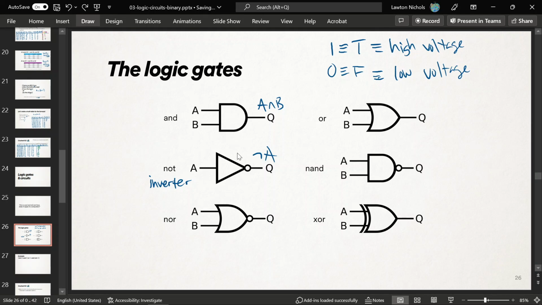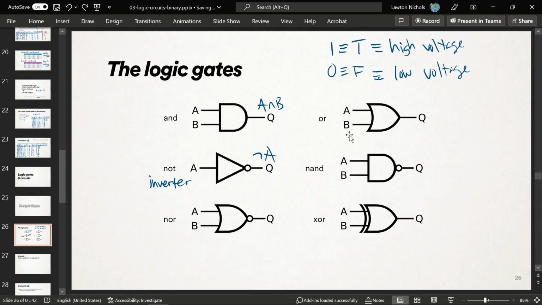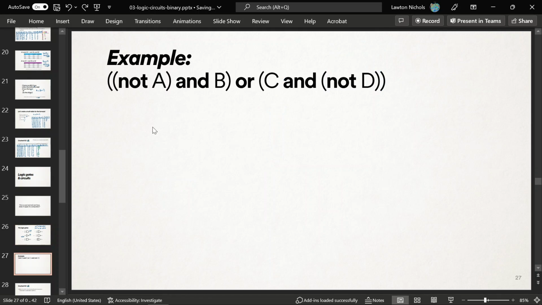And now, if we have some nice formula that we care about getting the output for, making a computer that performs this operation, we're going to combine the gates. Okay, so let me show this to you. Let's create not A and B or C and not D. And so we have 4 wires at the beginning of time. We're going to use these gates for them. We have 4 wires. We got A, we got B, we've got C, we've got D,